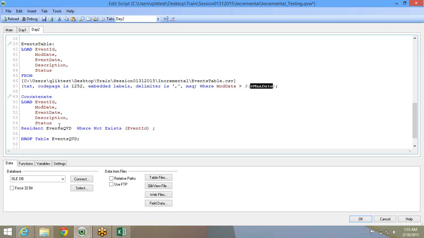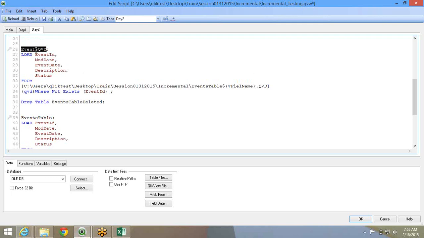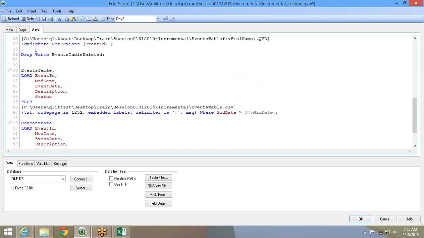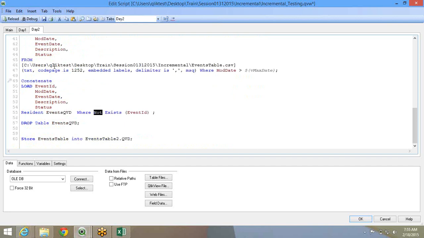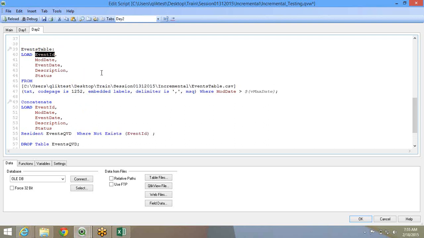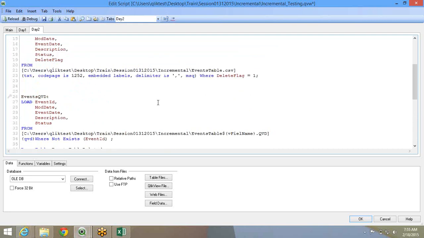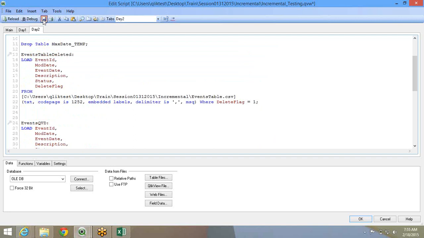Here what will happen is, I am reading it from the memory, so which is the events QED table that I've created here. Now this table has already eliminated deleted records, so I don't have to worry. Now when I use the where not exist again on this table event ID, it will bring me only the records that are required, which have been modified or edited. That's all. So using that, I can run. So it's like a 2-3 time effort that you'll have to put for a deleted record. Unless you have this flag, you will not be able to control deleted records. You need to have a deleted flag for whatever it is.